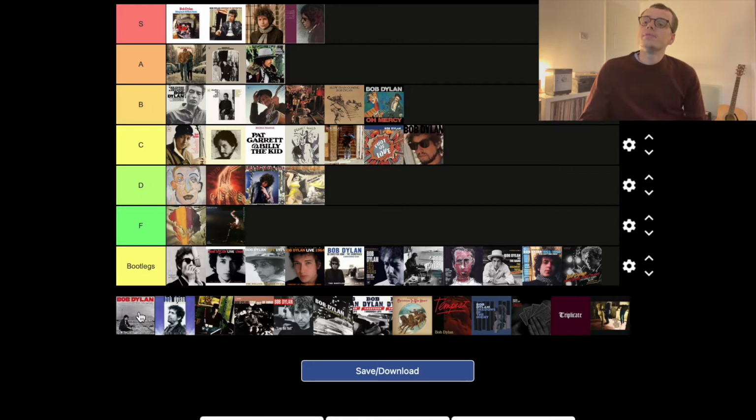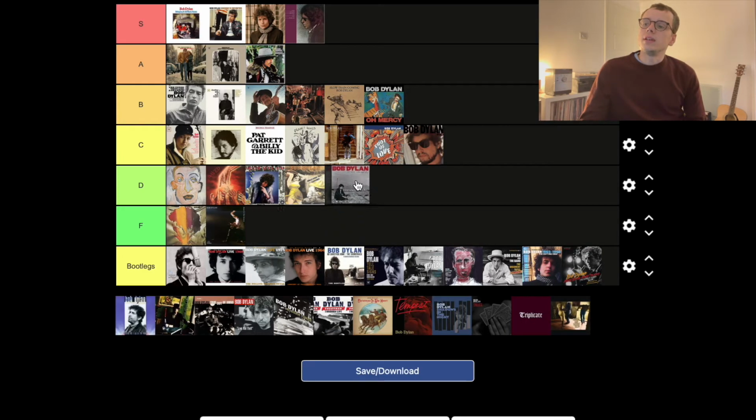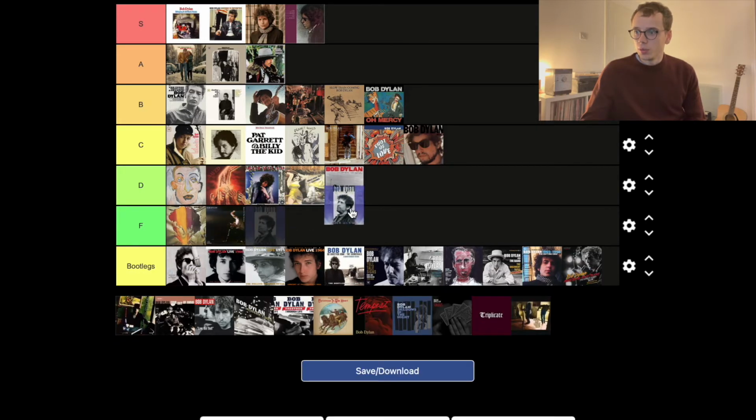Under the Red Sky, D tier, possibly even F tier, but I'm going to leave it in the D tier. Again, this album and the next album, actually, the next two, I haven't listened to in God knows how long. In fact, Good As I Been to You, which is the next album, I don't think I've listened to that album more than twice, all the way through. So I'm going to put them in the D tier just as a kind of default, because I haven't listened to them enough to give them a fair chance.